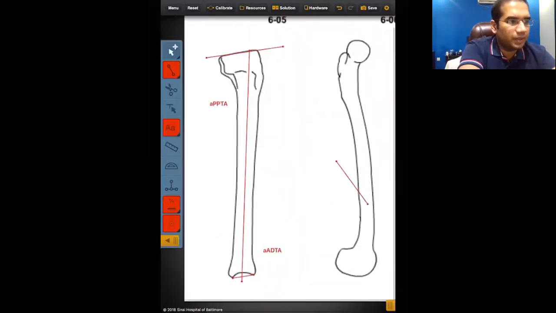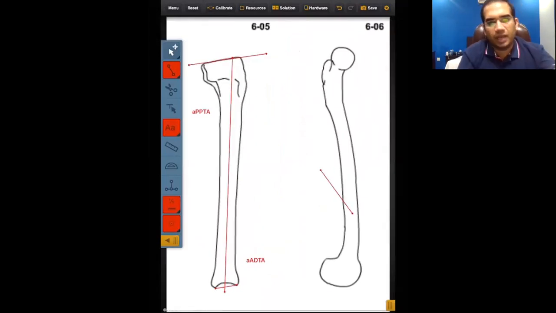For the tibia, we draw the joint orientation lines, and then we draw the mid diaphyseal line, the anatomical reference line. It crosses the proximal tibia where the anterior 1/5 and posterior 4/5 meet, and distally it crosses the ankle in the middle. We take the anatomical posterior proximal tibial angle and the anatomical anterior distal tibial angle: posterior for the proximal part and anterior for the distal part.